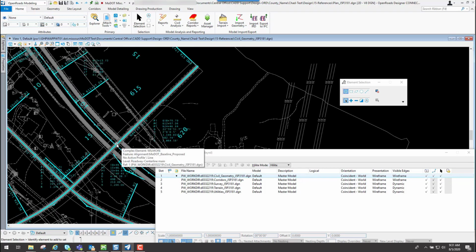So anything that I do right now is actually applying to this civil geometry file. And you'll notice that in view 1 this file right now is active. So like I said, anything that I do right now, it's actually doing it to that civil geometry file.